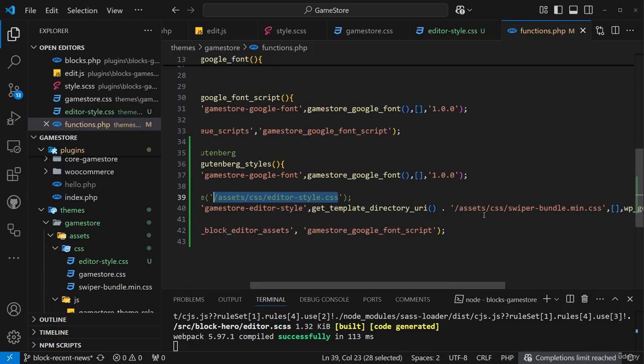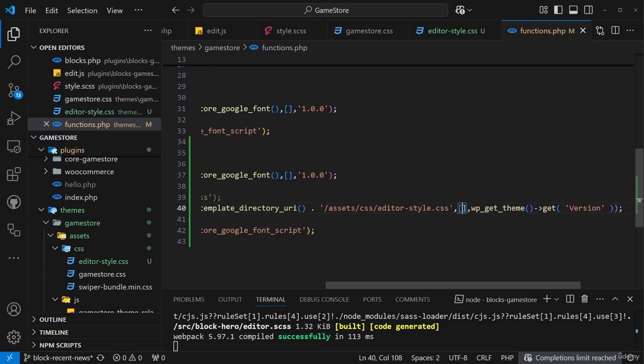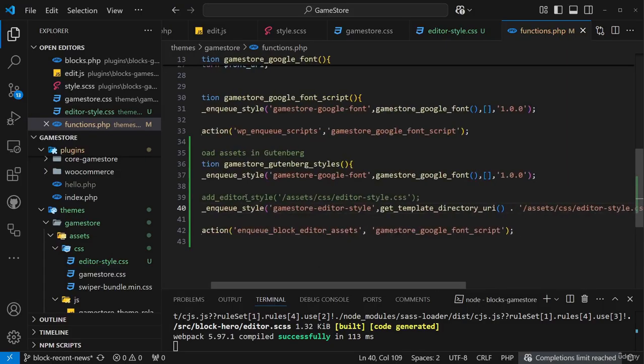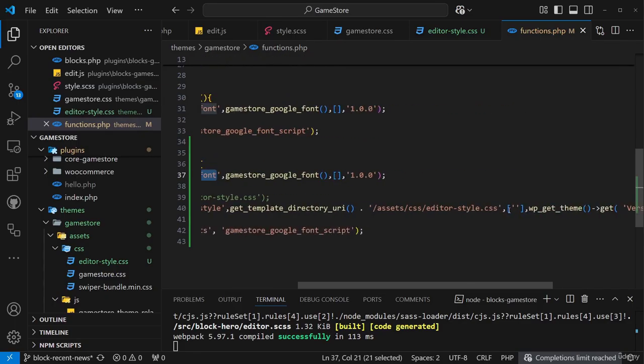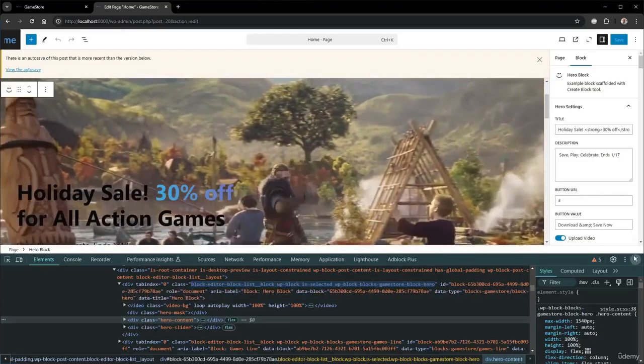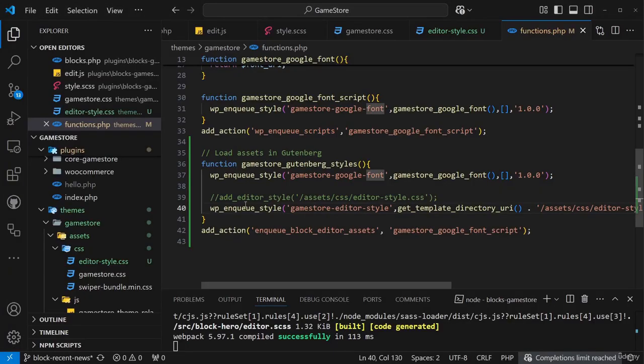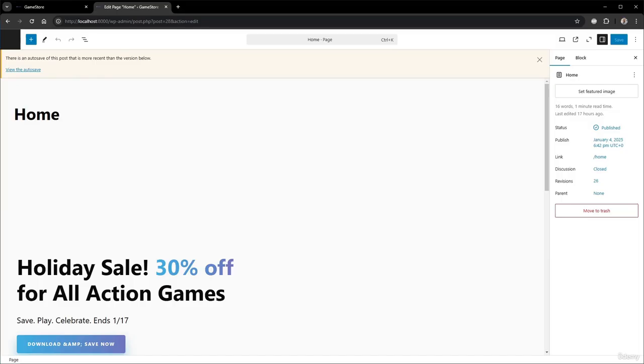Means the path to the files is get template directory URI and so on. As a dependency, by the way, we can specify the loading of Google Fonts. Let's test this approach. That is a regular enqueue. I suspected that this editor needs to be hooked on init or after frame setup, but not on the block editor. Maybe it's unrelated, but